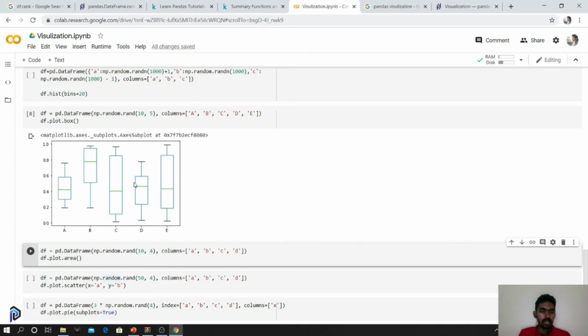It's a wonderful representation to show your data. You can see the mean value of B is quite a bit higher than A and almost all other columns. Similarly, we can infer details from the box alone, like the mean, how much the 75% quartile is, and whether there are any outliers.